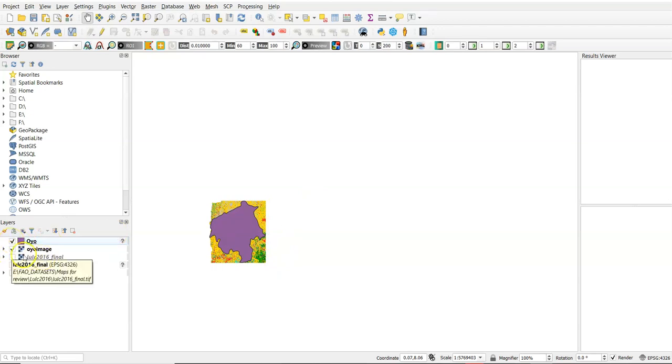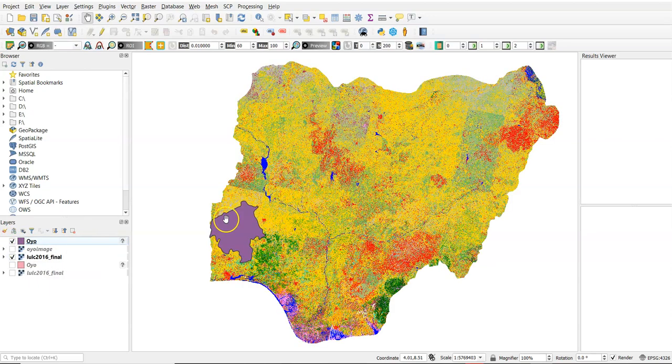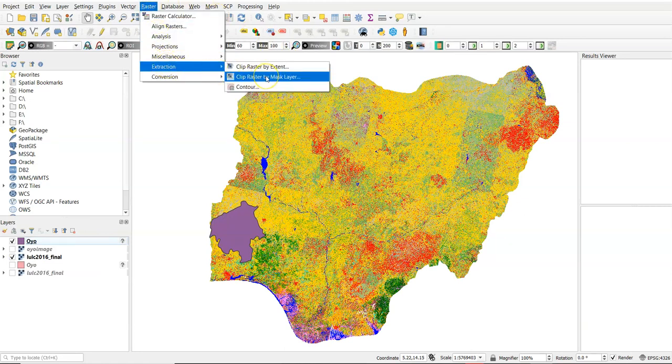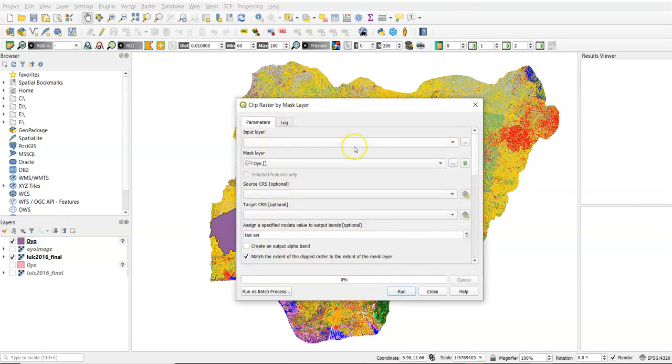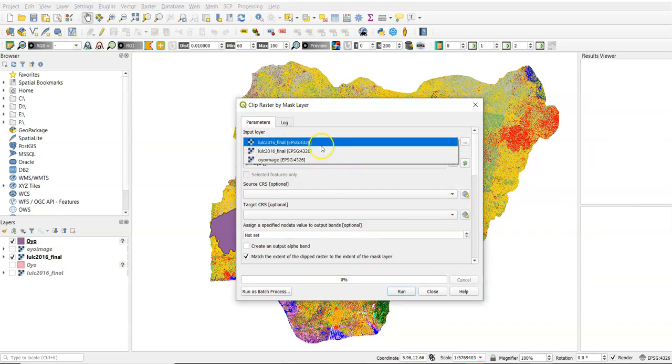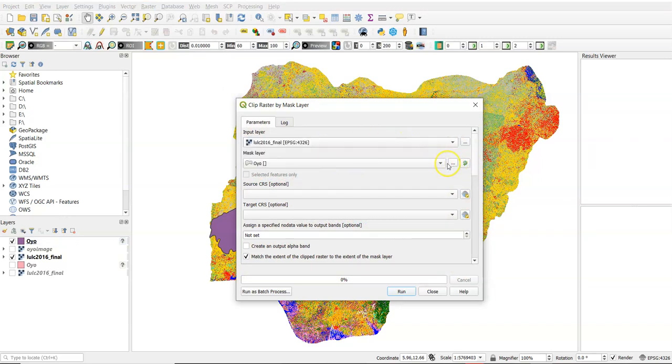Now let's do the second option. When we want to carve out Oyo State with the boundaries of Oyo State, we go back to raster, and this time we say clip raster by mask layer. You select the same thing, land cover, and the mask layer is Oyo State.